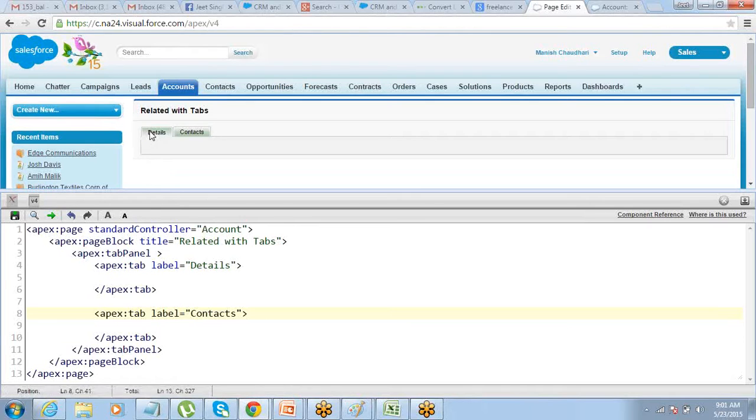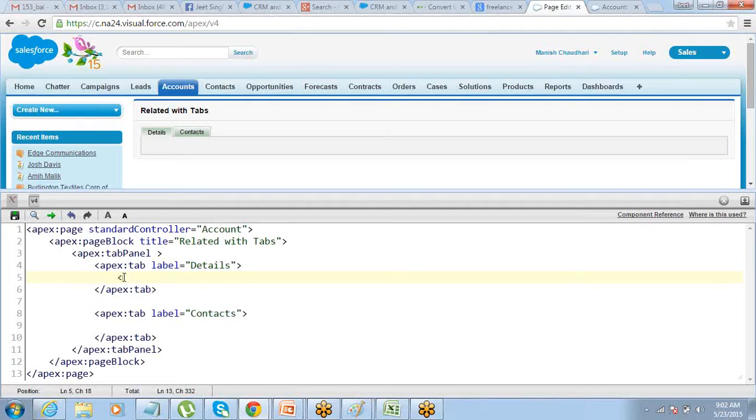Now all that we have to do is put content within this tab. What you want to display inside the tab needs to be put within it. You started the tab, you're closing the tab. Inside this, you just put what you need to display.